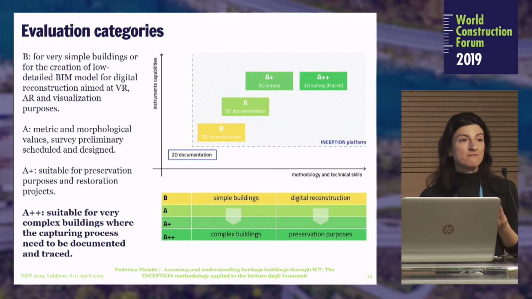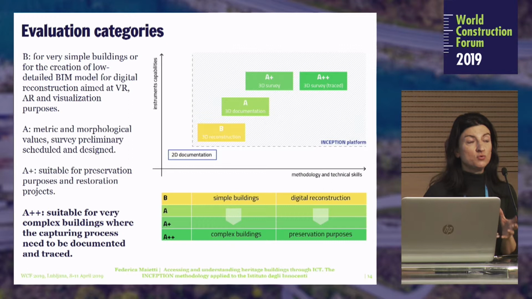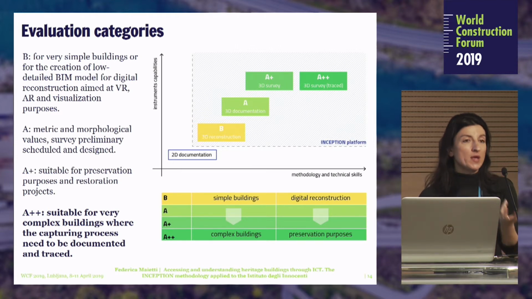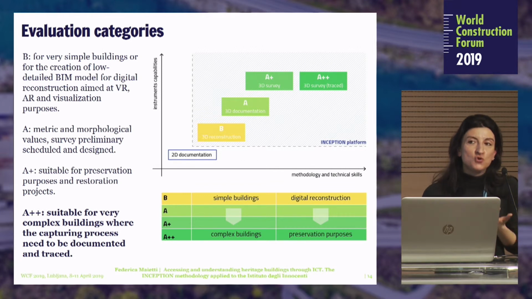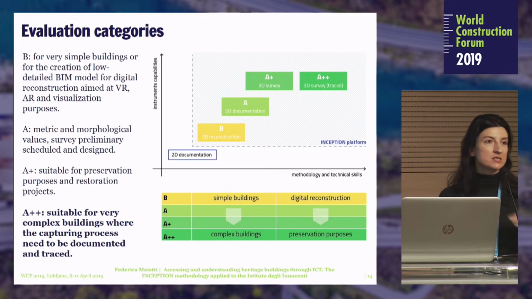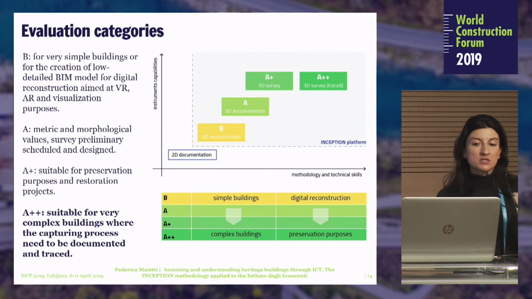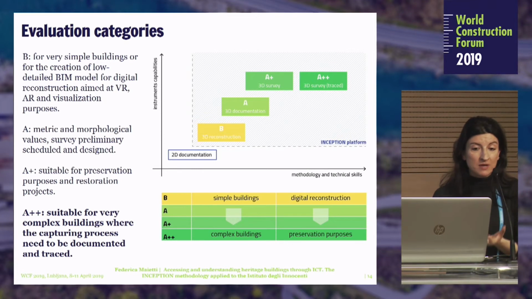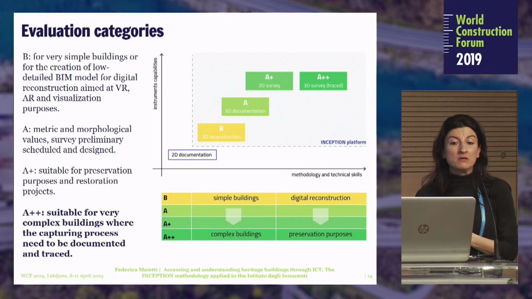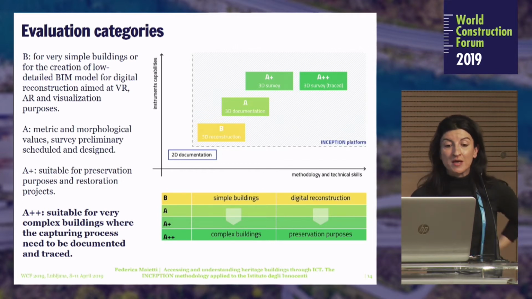4 categories, starting from the idea that very often I need to perform a specific survey according to the needs of the survey. So sometimes I don't need a high technology 3D laser scanner. Sometimes I need to work in a different way, maybe with direct survey. We don't need to work with laser scanning just because laser scanners are now the best and the fastest instrument to be used. So the B category is related to simple buildings or to the creation of low detail BIM models for digital reconstruction aimed at virtual reality, for instance, or just for visualization purposes,